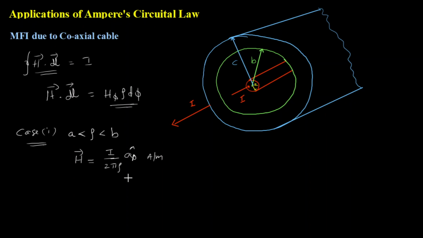Okay, so this is case 1. In case 1 I get an expression something like this, which you already know. But from the exam point of view, you have to derive it here also. The steps are similar to the previous video, that is first the application of Ampere's circuital law. You are going to get this expression. Okay, now let us come to the second case, which is a very interesting case.